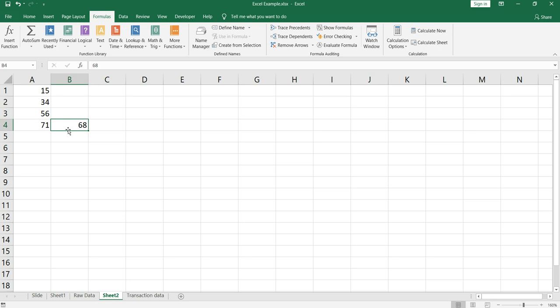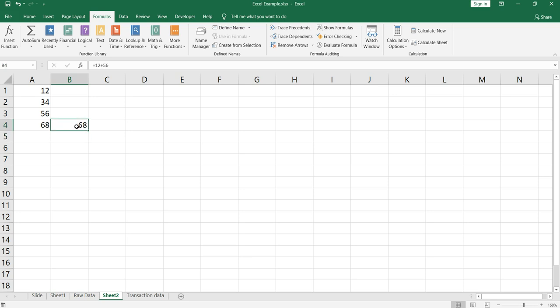Now another thing: right now I'll undo it, and let's take this. I know that I need to take a sum of this 12 and this 56. So if I put equal to 12 plus 56, again I'll get the same thing, 68.